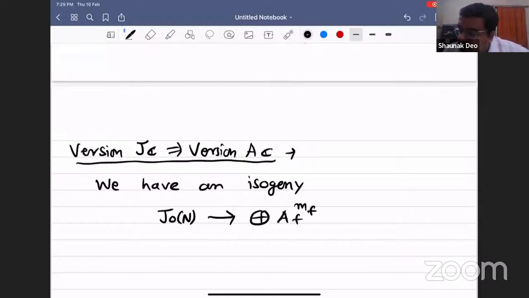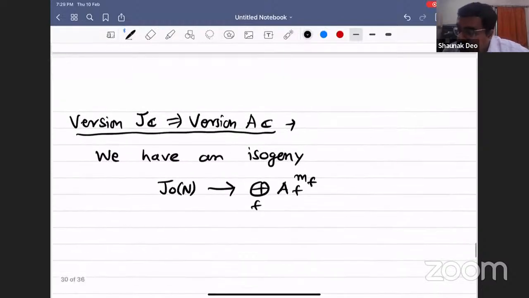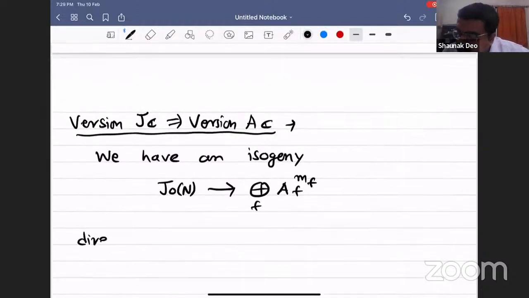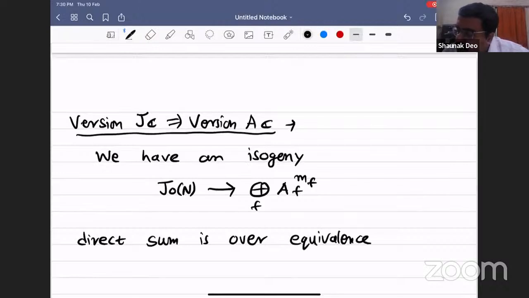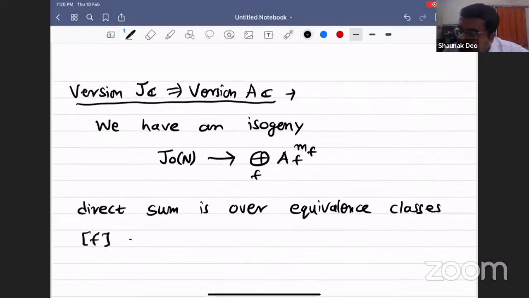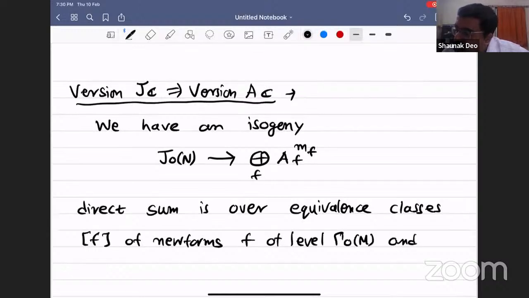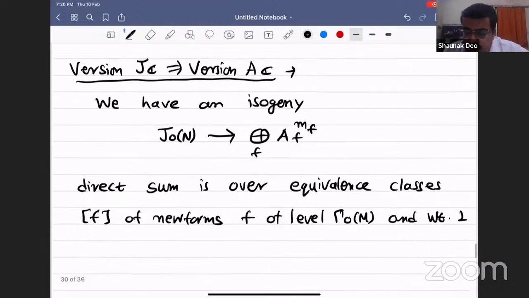AF power MF. And now what is this direct sum over? I have not defined what these equivalence classes are. Just give me a moment and I'll define. So the sum is over equivalence classes of new forms f of level gamma naught of M and weight 2, where M